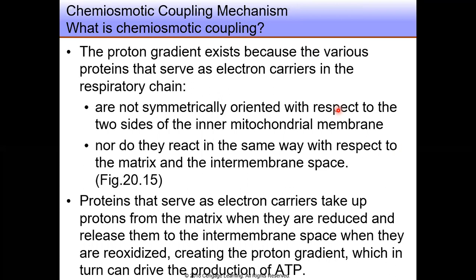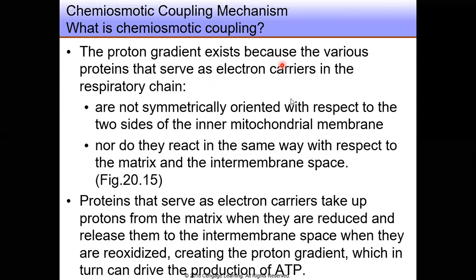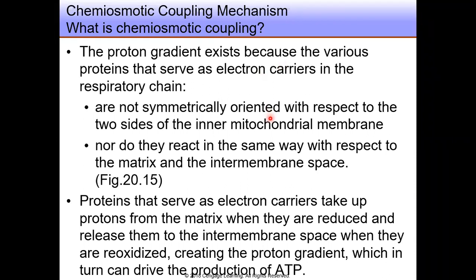Originally proposed, the chemiosmotic coupling mechanism was based entirely on the difference in proton concentration between the intermembrane space and the matrix of an actively respiring mitochondria. In other words, the proton or hydrogen ion H+ gradient across the inner mitochondrial membrane is the crux of the matter,